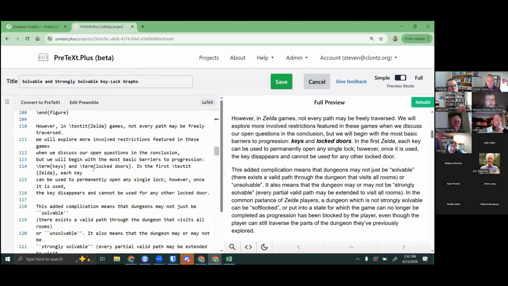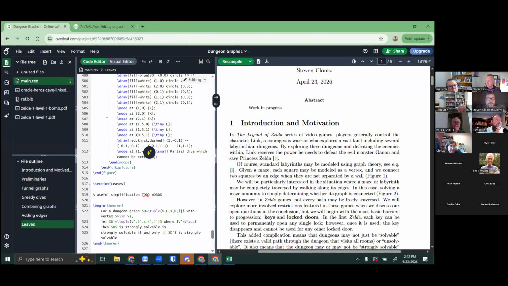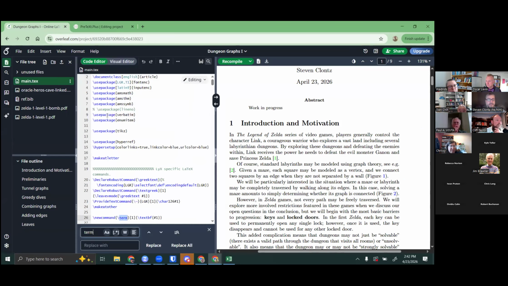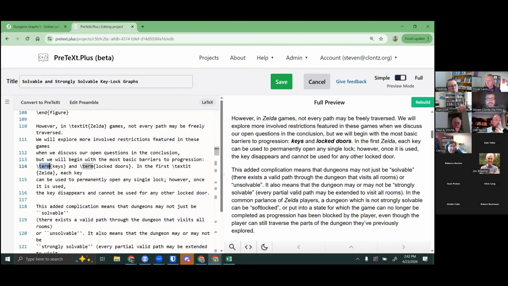So how did I call those terms? Now that's actually a custom macro that I personally used to make my LaTeX more semantic, that I had defined in my preamble of my original LaTeX document, which I defined to be boldface, but it is a special LaTeX style PreTeXt command that turns it into a term,